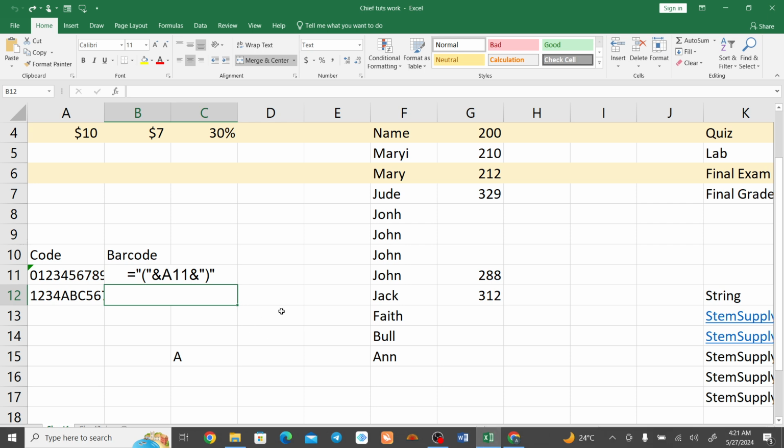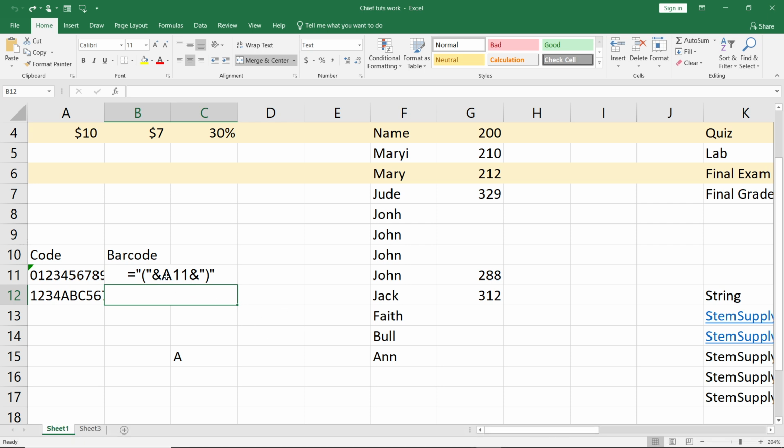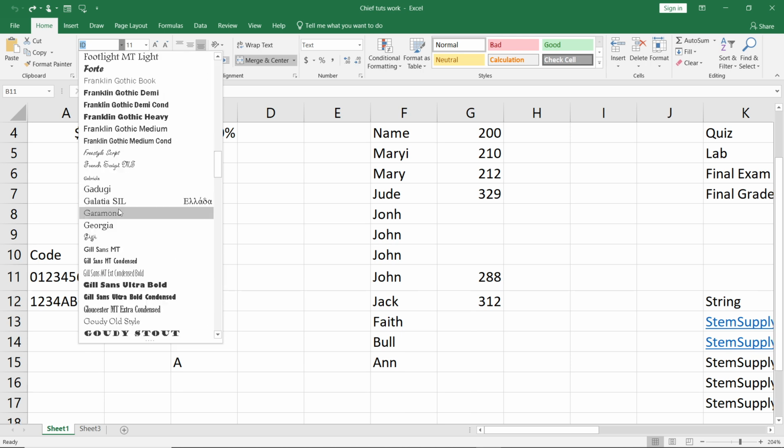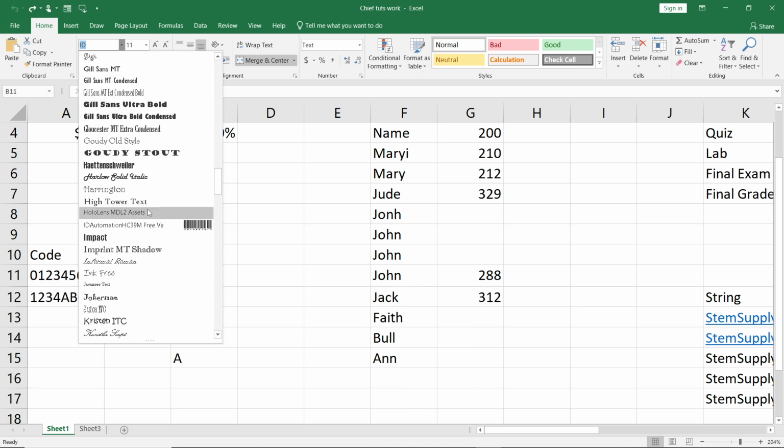All right, so if you're going through that issue where you have typed in the code and it doesn't seem like the barcode is coming up, here's what you're going to have to do. You're going to change this font into the barcode font. And what's the barcode font? Head over to where you have fonts, that's under Home. So select Home, and in the font category, click on this font category, and you're going to have to select